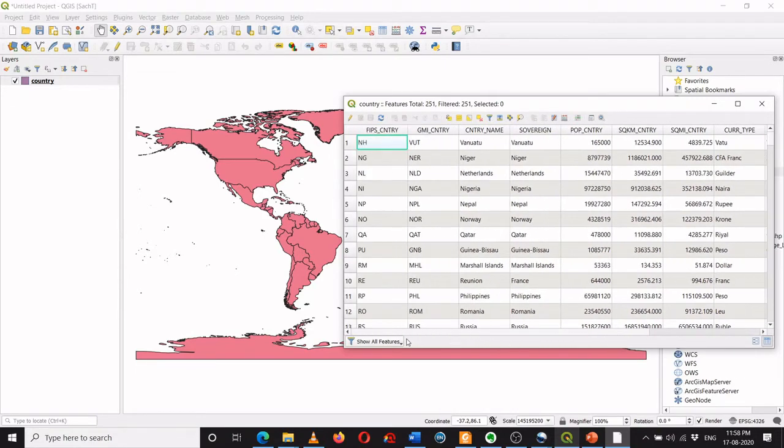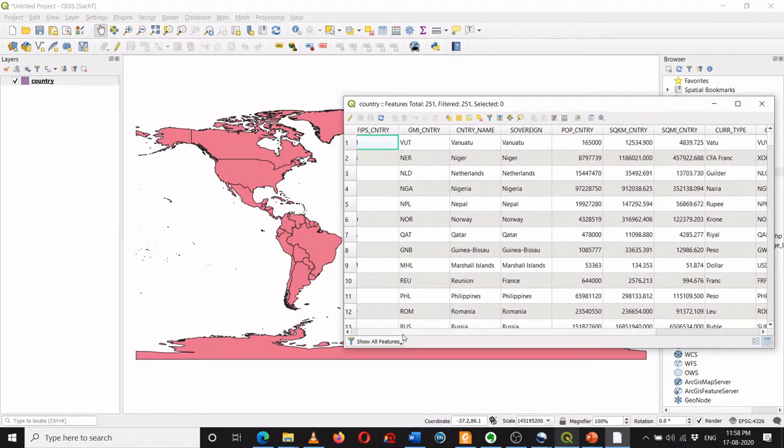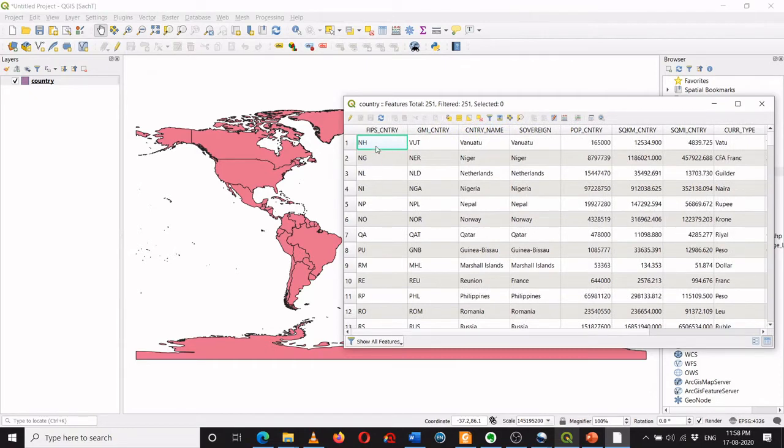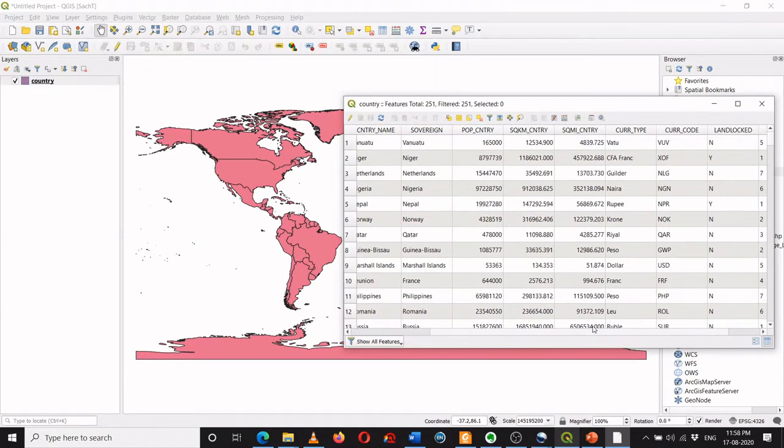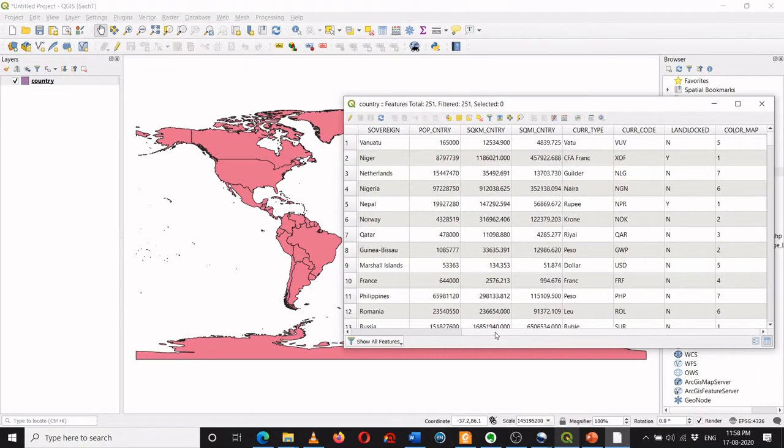So for example, I can see this information including there are some codes, country codes, then there are some country names which I can see over here, then there is some information about the sovereignty, then you can see the population of the country, then you can see the area in square kilometer, and then you can see also some data about the currency type and whether the country is landlocked or not.